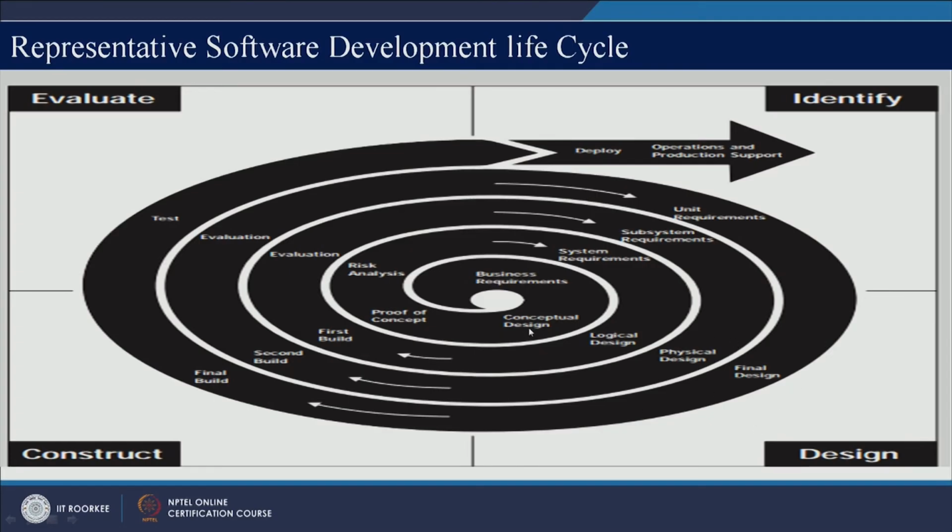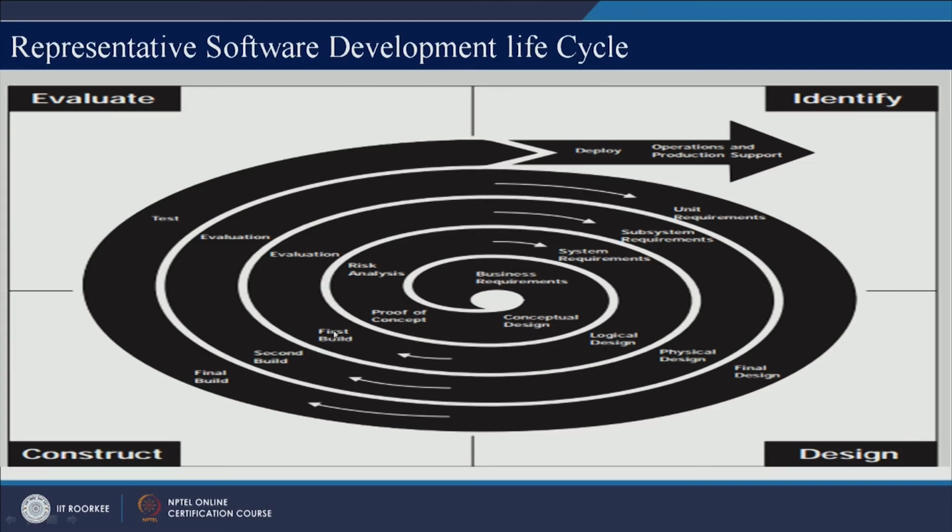First of all, design your product conceptually, then move towards logical design, physical design and finally final design, right. So, start from conceptual design, move towards final design. Once you are done with this design phase, you can move on to the third quadrant, which is construct. Let us say you identify business requirements, you have gone for conceptual design, then you need to have a proof of concept, because in the previous phase you are done with conceptual design. So, look at the proof of concept, then first build,